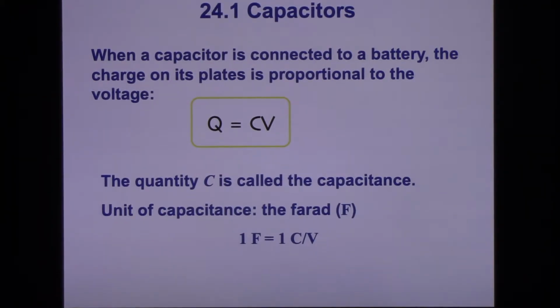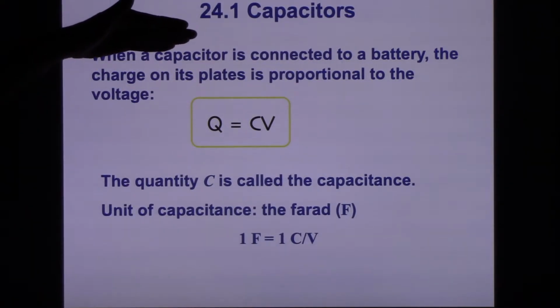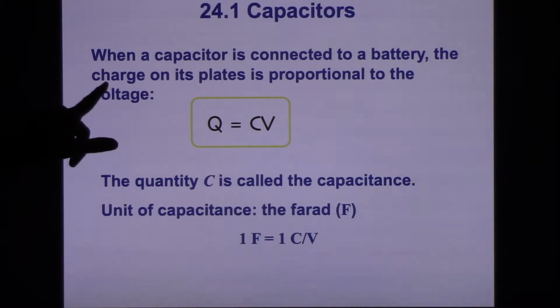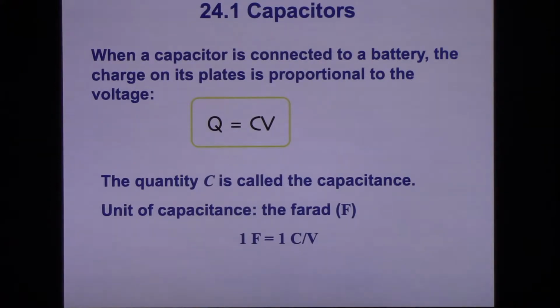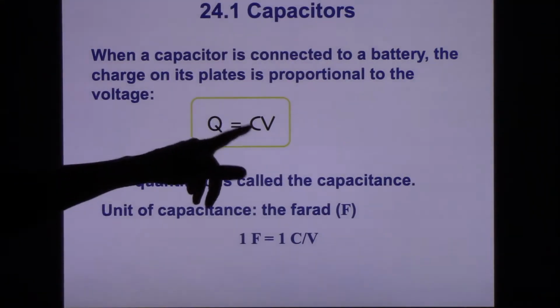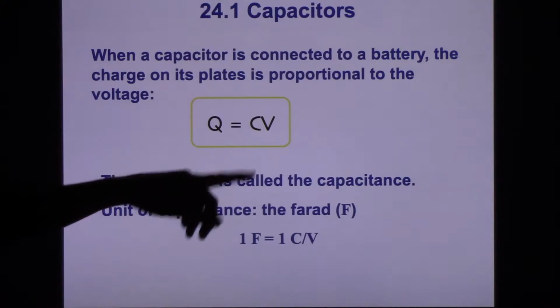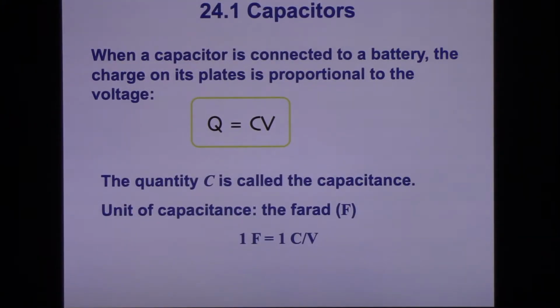All right, here it is. Here is the definition of capacitance. So when we take a capacitor and connect it to a battery, we find that the amount of charge is proportional to the voltage source. So Q is proportional to V. If I double the voltage, I'm going to end up with twice as much charge on those plates. And so C, we define the capacitance as the proportionality constant. So C tells us, for a certain amount of voltage, how much charge am I going to be able to